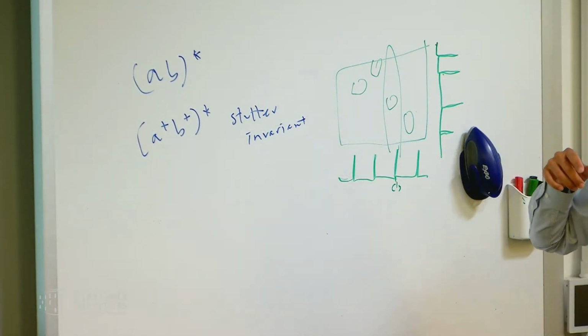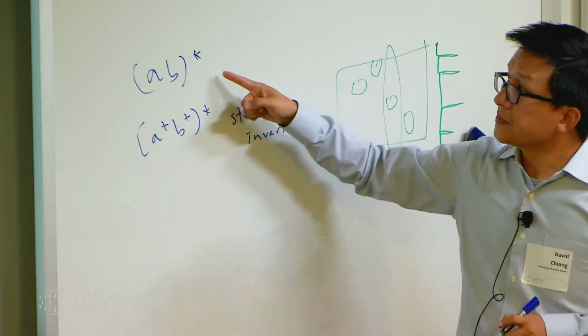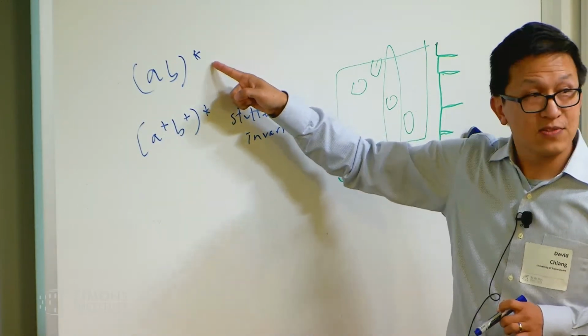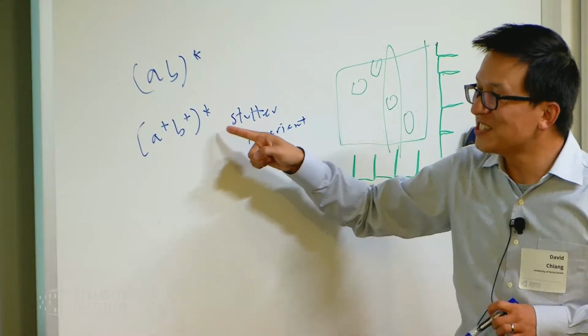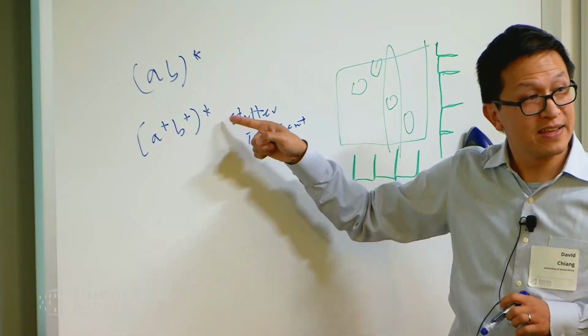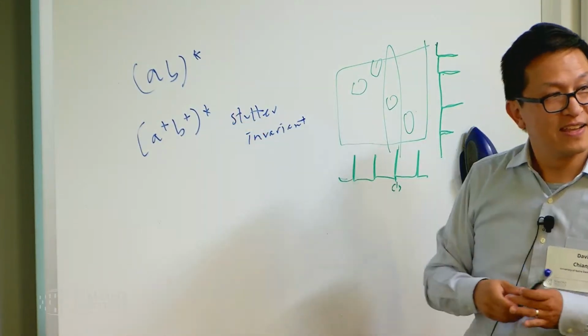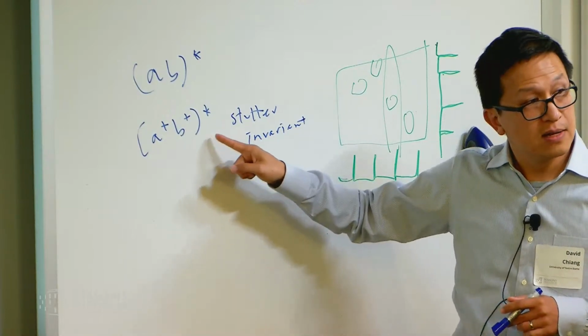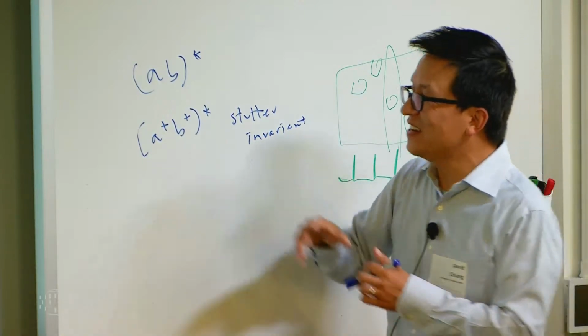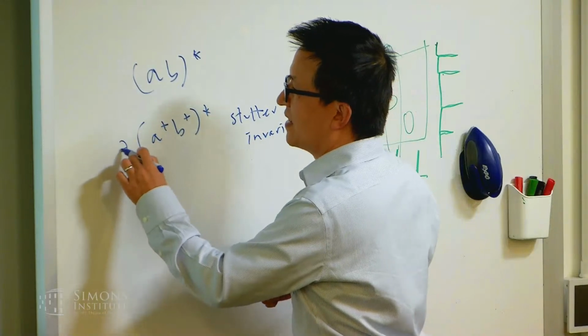So you're saying you cannot recognize A, B star using a transformer? So the strict masked transformer can do this, but the non-strict transformer cannot do this. Wait, the bottom one it can't? So, no, did I get it backwards? This one's easier. This one's easier. Very easy language, right?